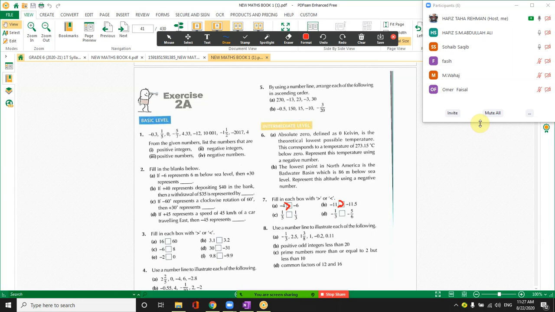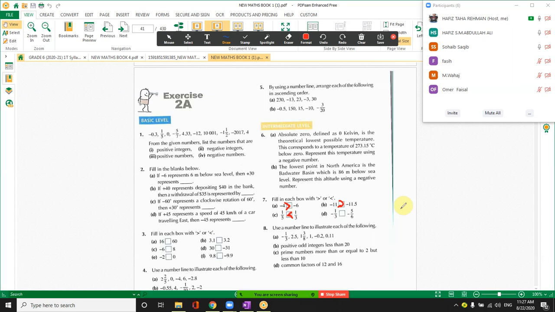1/3. 1 upon 5 is 0.2, 1 upon 3 is 0.333. So 1 upon 3 is basically the greatest value. I will tell you how to identify these parts. Let me just finish the exercise in 5 minutes, then I will let you know how to identify the greatest factor and the smallest factor.